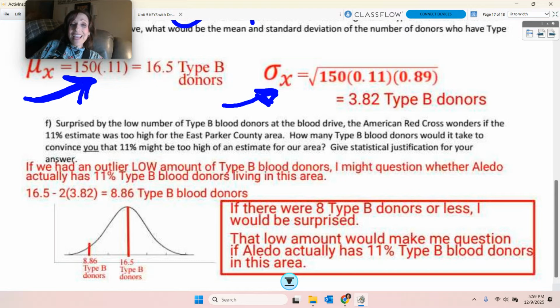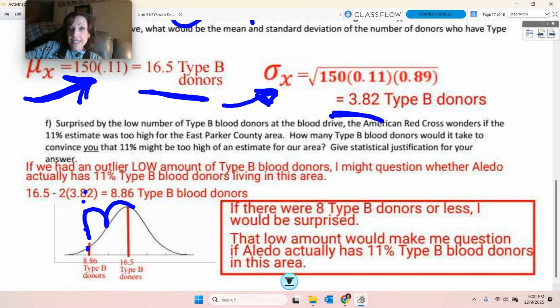All right, and then the last one: you think there might be an unusually low amount of type B blood donors. How much would make you think 11% is a high estimate for East Parker County, meaning we have too low? So the outlier fence is 2 standard deviations below the mean. I'm going to use this mean and this standard deviation, and I'm going to go down 2 standard deviations. So my fence is